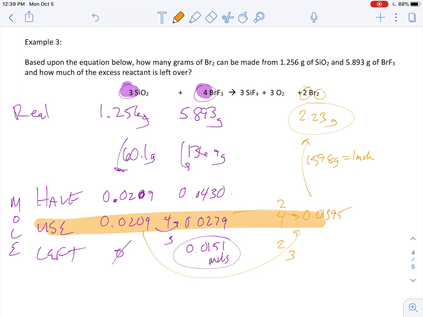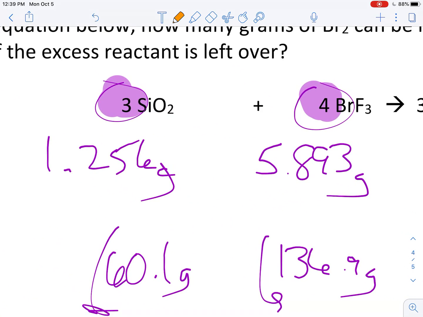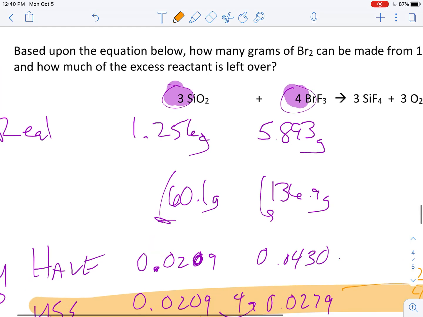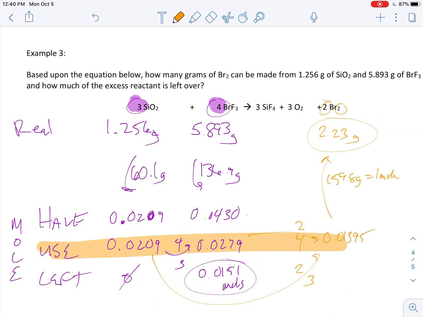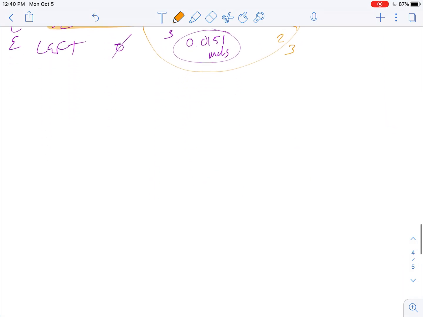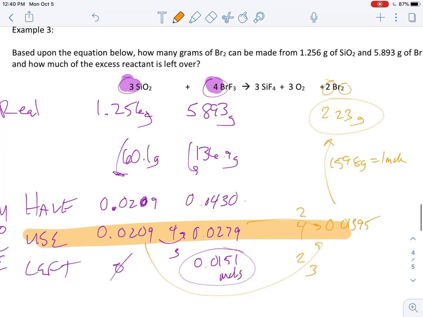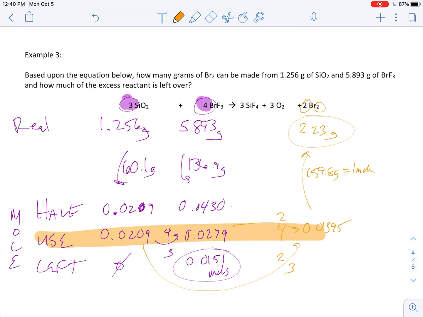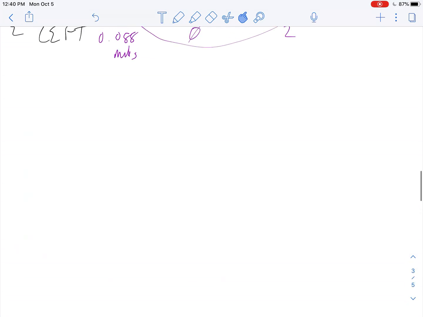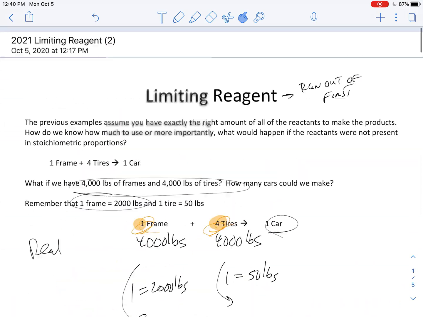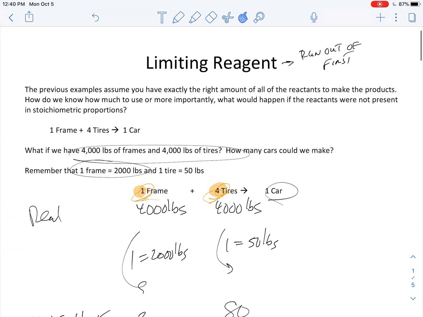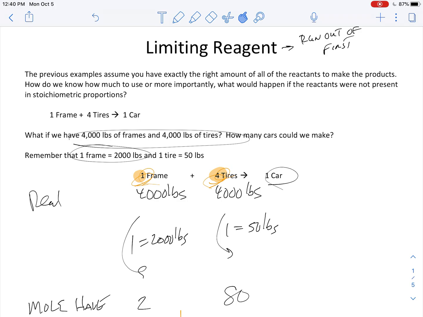So, limiting reagent problems. You are going to be presented with 2 different starting options. Only one of them is correct. And again, using my method, you figure out how much you have of each, pick one that you think is best, double check to see if it is correct, and then move on from there. There are lots of different ways to go about this process. If you find one that you like better, by all means, please employ it. I am not saying that I had the keys to the only way to do this. So if you find a better way to do it, by all means, go ahead, but this is the way that my brain